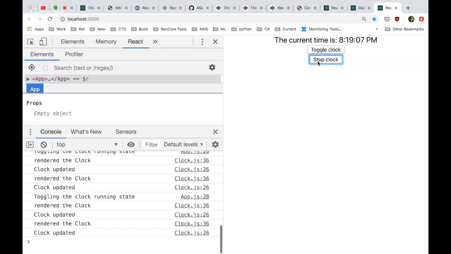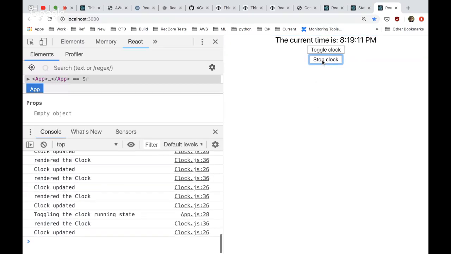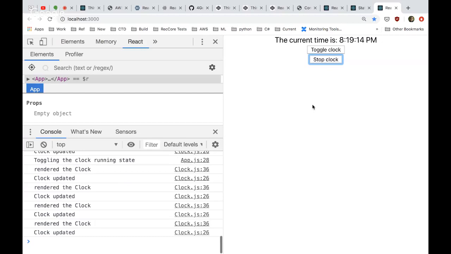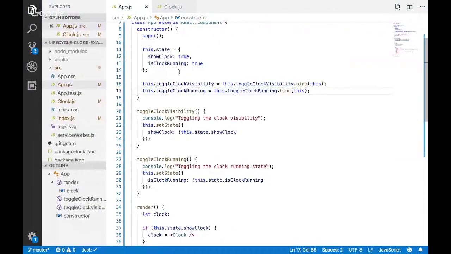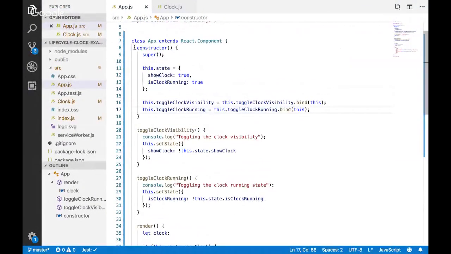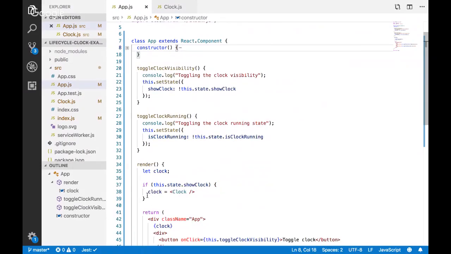It tells me it's toggling the clock running state, but my clock just keeps running. That's because this state, isClockRunning, is in my app, but my clock doesn't know anything about it. It doesn't affect what my clock does.